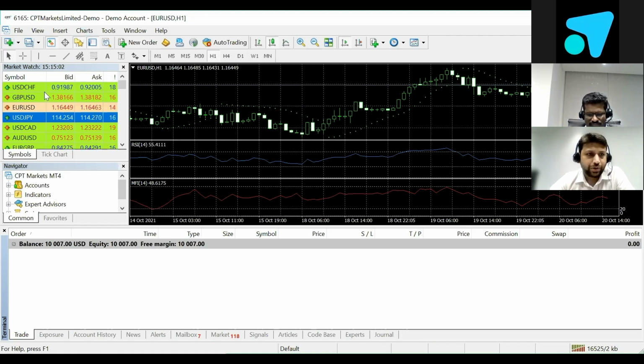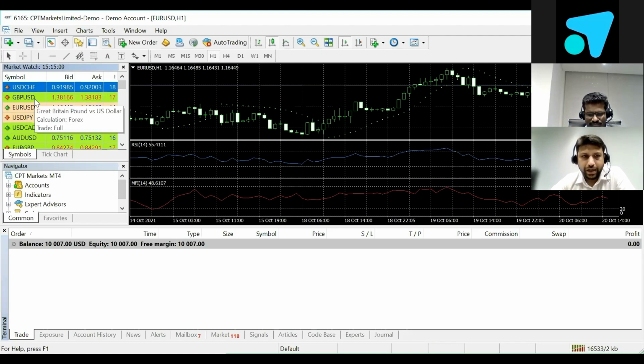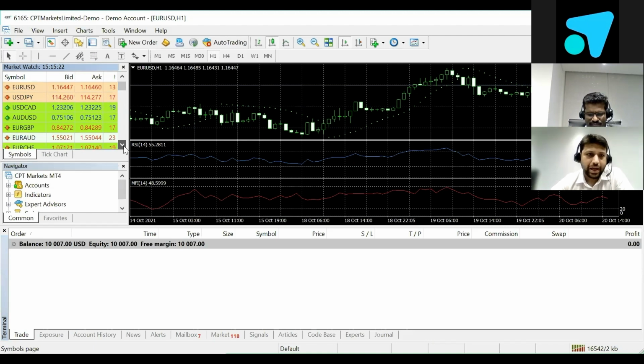Okay, so the first component is the market watch, which is on the left hand side top corner, this one. In this market watch, you can right click and click on show all. It will show all the symbols the company is offering, whether it's a currency, commodity, stocks, indices, cryptos, everything. And based on the name, you can select what you want to trade, or you want to see any chart, or just want to do an analysis, or even just to check the prices.